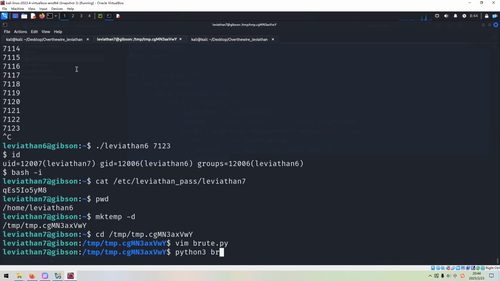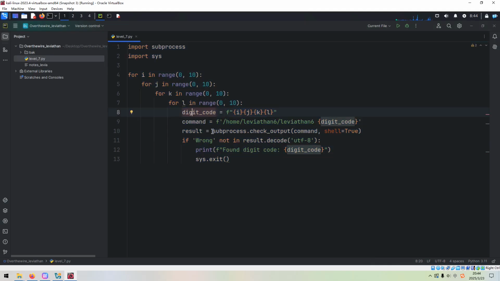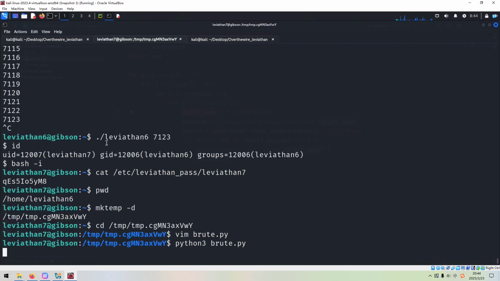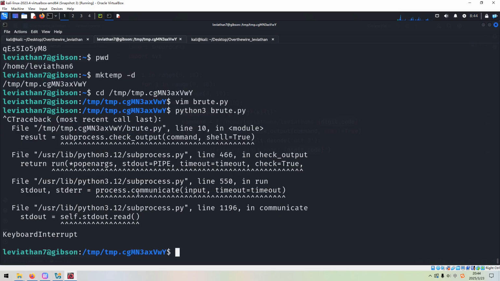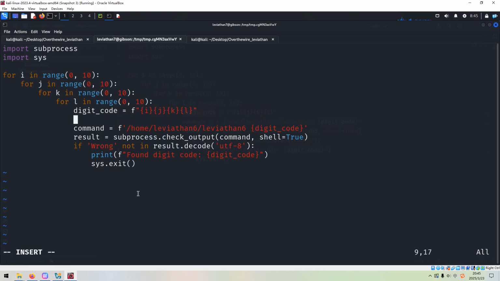Now we can run this Python script. Oh, I think we need to print the digit code during the running time, right? But I think it's okay. So I think maybe I'd like to pause. We can vim root, so we can print the digit code, or we can try code, digit code. Okay,